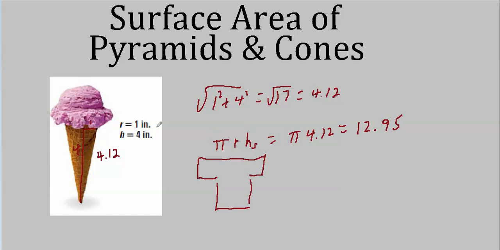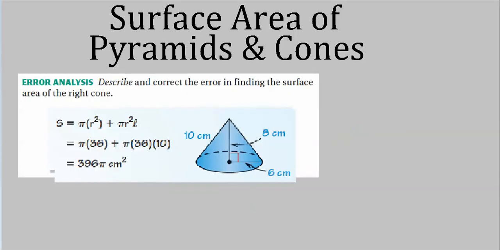So to get this right, you just had to remember they used the slant height and not the regular height, and then remember your formula for the lateral part of the surface area of a cone. Well, looks like Inseam and Fleabite have been really busy today. They've done it again.